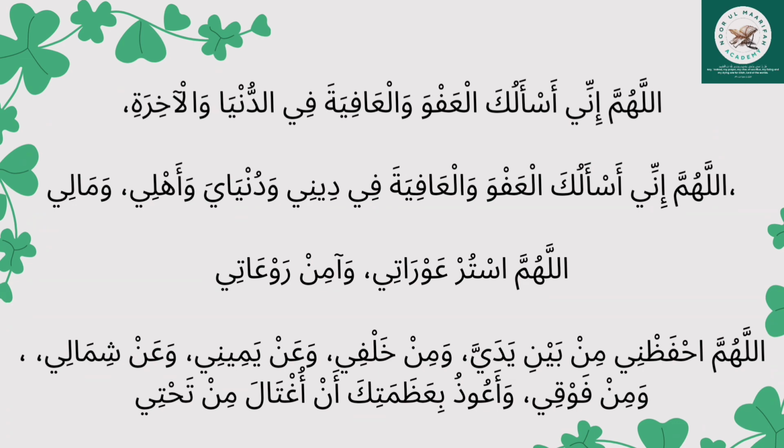Wa mali, wealth. The first two lines you have read when you memorize the first part, Allahumma inni as'aluka al-afwa wal afiyah. That means even the second part you have done just the half part. All you need to do is fi dunya wal akhirah. Remember it in a correct order. Fi dunya wal akhirah, the life of hereafter and this life. Fi dini wa dunyaya, matters concerning akhirat and this dunya. Wa ahli, family members and close ones. Wa mali, wealth. Remember it in the correct order.